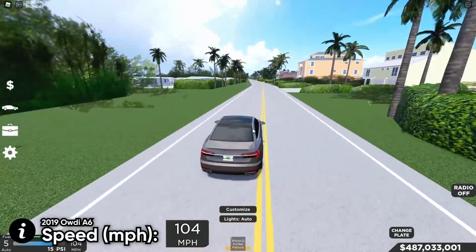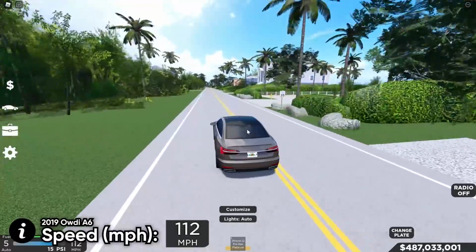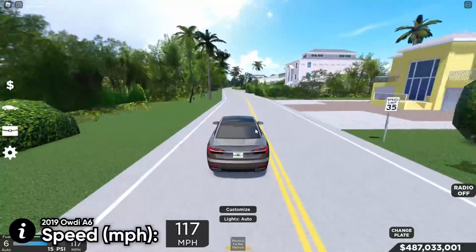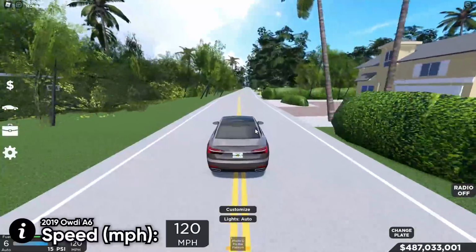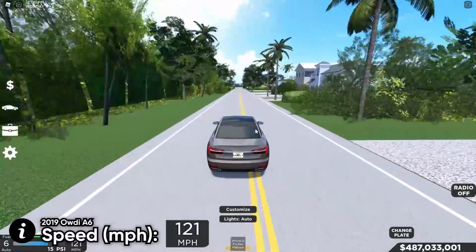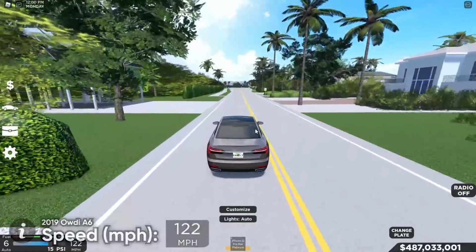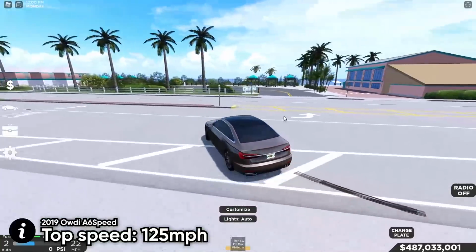Probably on the lower end of this list of cars, but again, it's good for what the price is. There's not many cars in Southwest Florida that are under 50,000 that can perform as well as these cars. Because I think I've found the best ones. That's the whole point of this video. But like I said earlier, if there are any cars that you believe are under 50,000 and really good, tell me. Okay, so about 130, about 30 miles an hour slower than most of the other cars we've covered, but it doesn't really